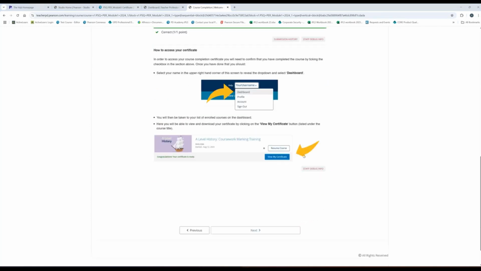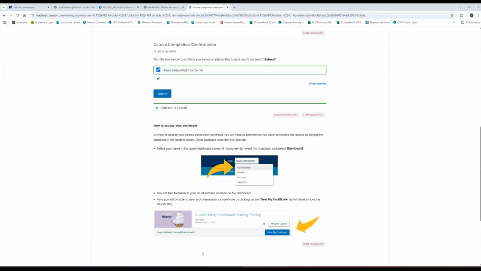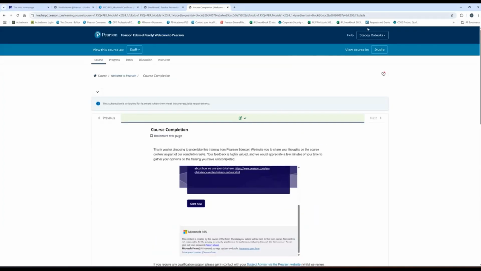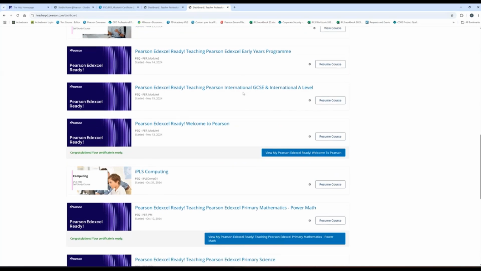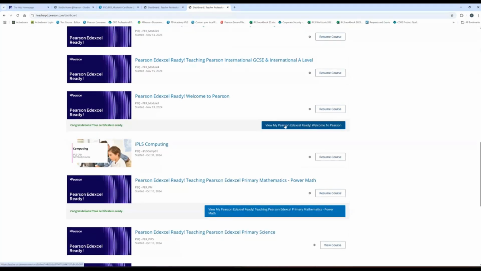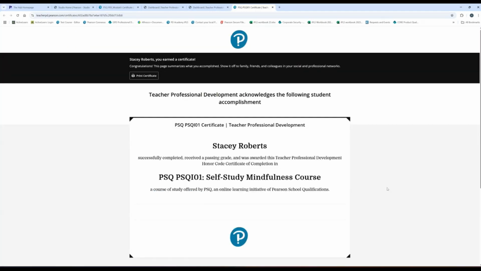To access your certificate, you go back to, we've given you a bit of information as to how to do it here, how to access your course. You scroll all the way up to your login dashboard, and you will then be able to click on view your certificate. This one has really old branding in it, so I'm just going to show you this one, which was a different course that we have available. And this one will show the